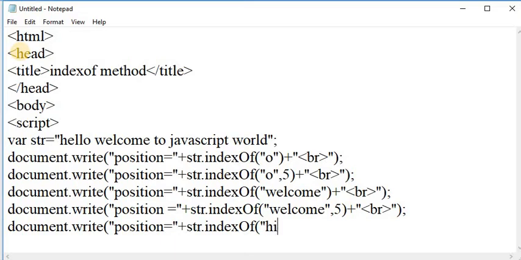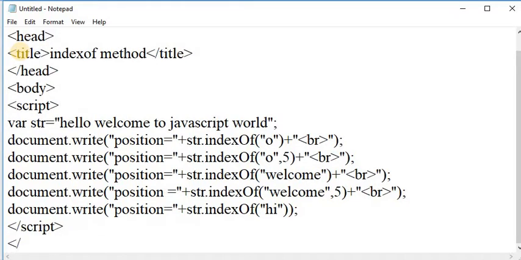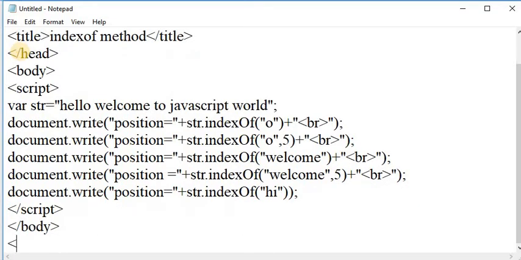Here I am passing hi as a string, and here close the document.write method, close the script tag, close the HTML tag, close the body tag and close the HTML tag.